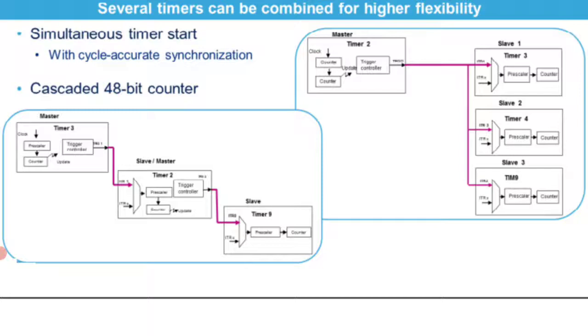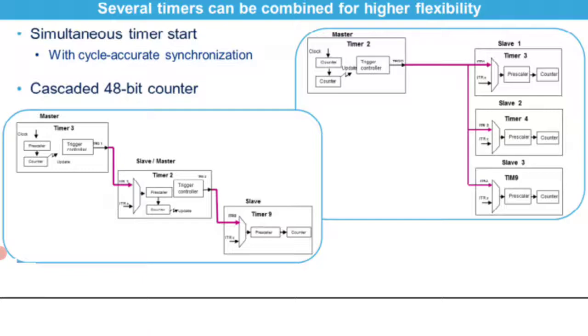In the first example, you can see the examples. It shows how 4 timers can be simultaneously started. A mechanism allows the master timer to start slightly delayed to compensate for the master or slave link delay and have all timers synchronized with cycle accuracy. By combining the channels of timers 2, 3, 4 and 9 as shown here, it is possible to have up to 14 synchronized PWM channels.